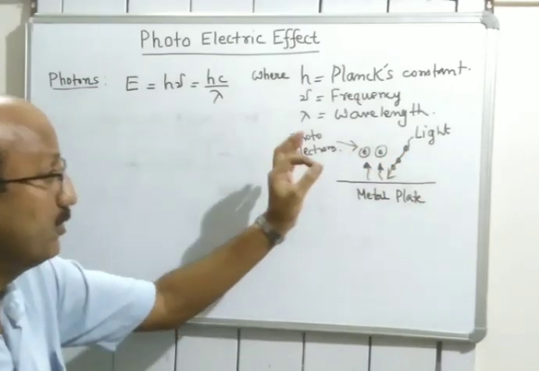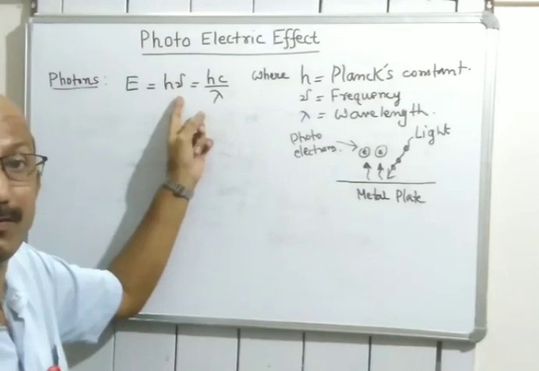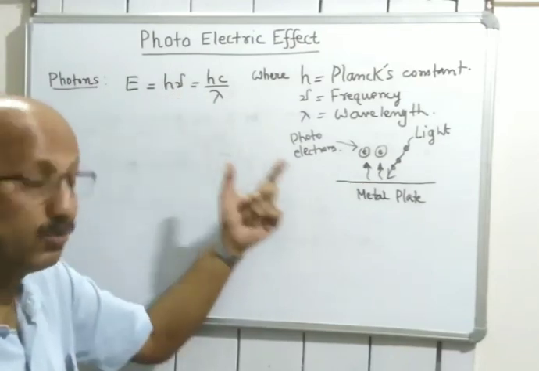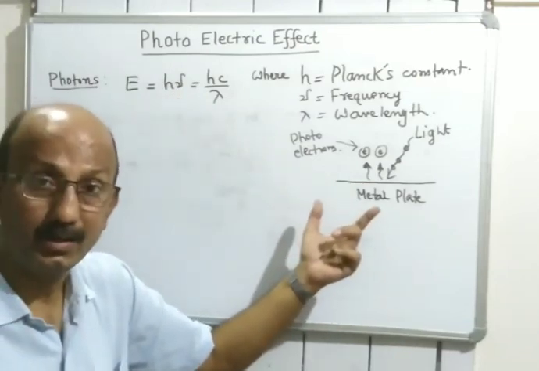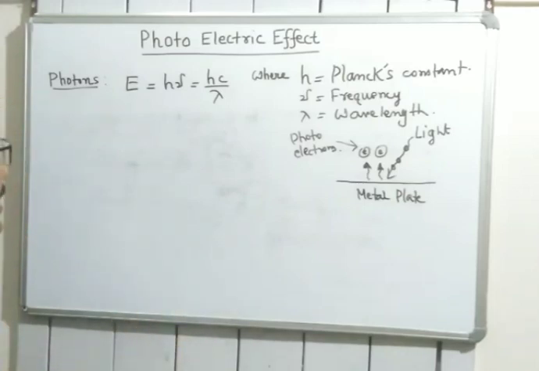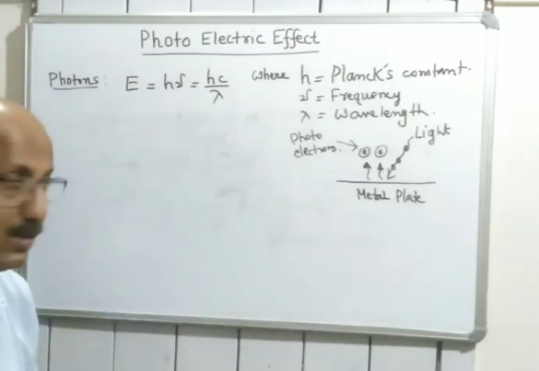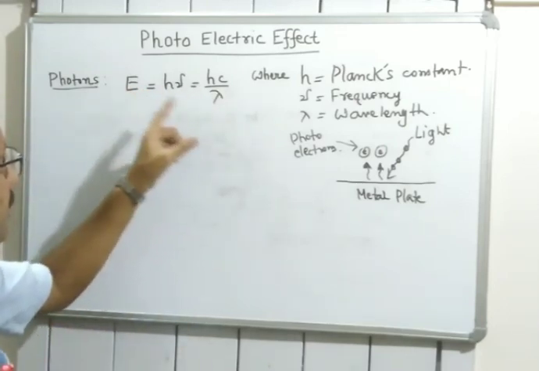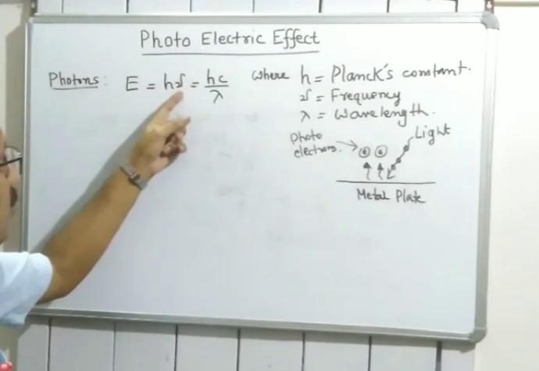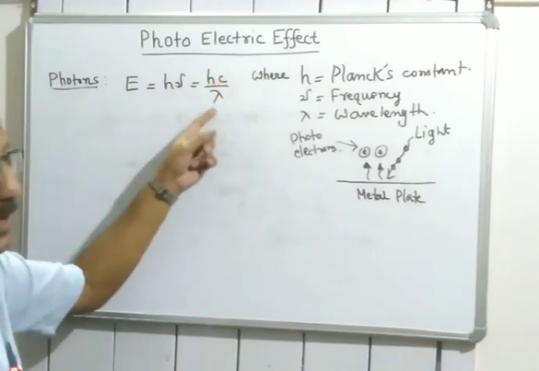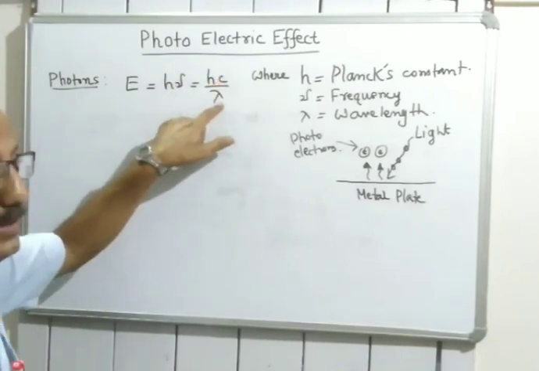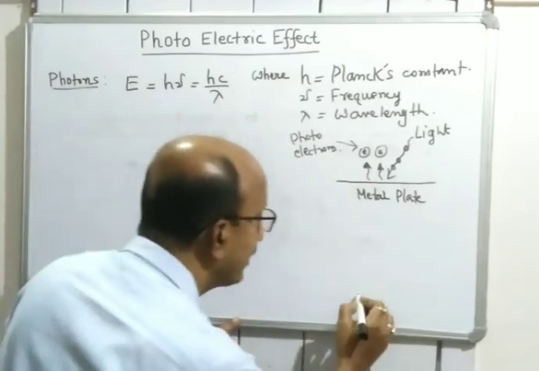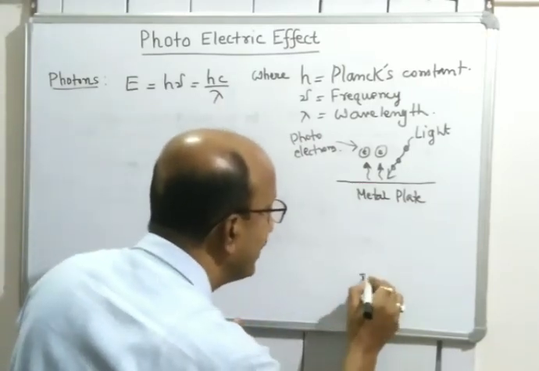The simplest way is to increase the frequency of light, or the photons which are falling on the metal surface. Now what exactly is the way to increase the frequency of light? If you see this formula, E equals h nu, and frequency is speed divided by wavelength. If you look into the wavelength, and if you see here the spectrum of visible light,